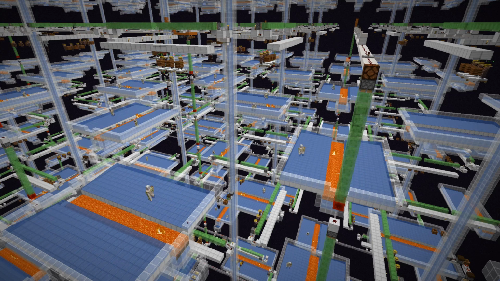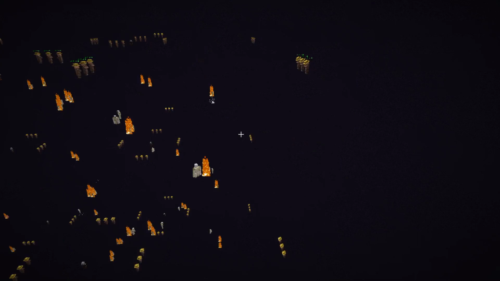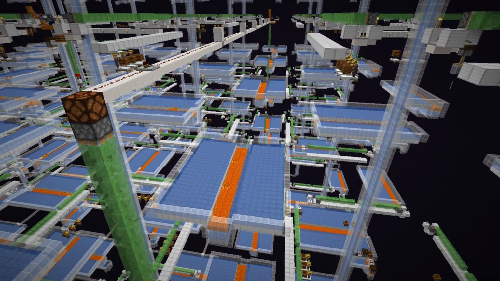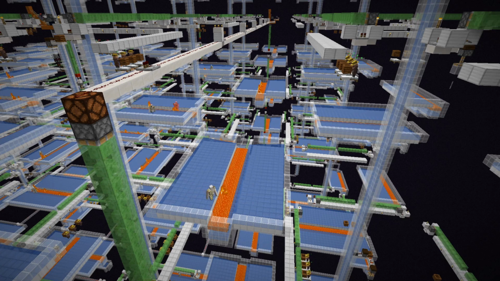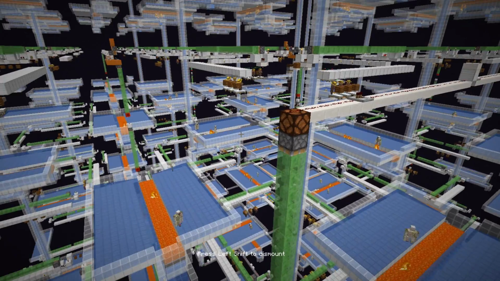It is a different layout. We had to do that to get the slightly better efficiency, but it's way bigger. And it still runs at just 30 MSPT on our server, as you can see in the top. So it's well above 20 TPS, and this does make just over 1.1 million iron ingots per hour. I think it's 1.4 million items if you include roses,